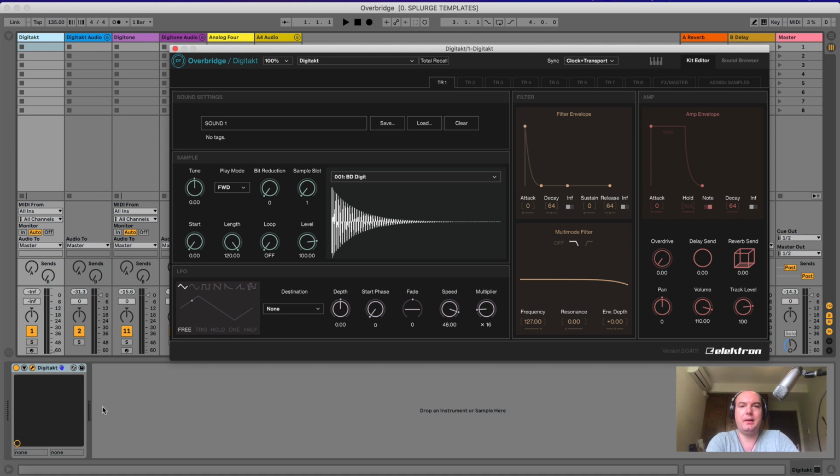But using the interface to interact with Elektron machines such as the Digitakt here, it doesn't make a lot of sense to me. I think the whole point of the Elektron machines is the sequencer and the hands-on control you get. But what it does do is really nicely lay out how the machine is architected. And if you have some difficulty navigating around Elektron machines, and understanding all the ins and outs,